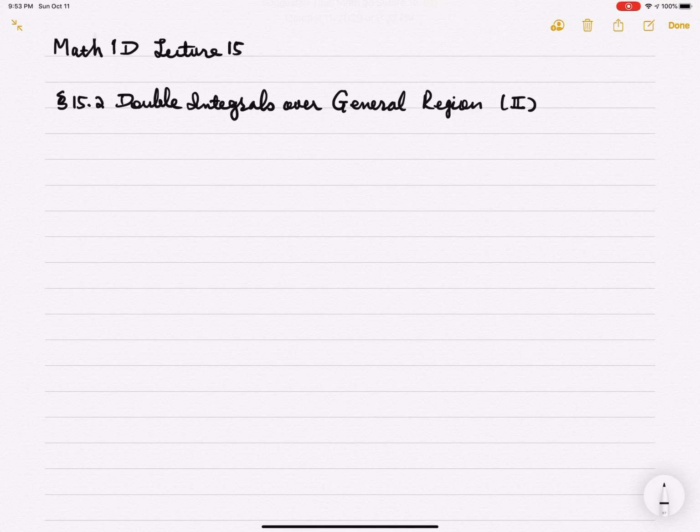Okay, so this is part of two general regions. Let's start with an example. Remember last time we talked about type 1 region and type 2 region. So now let's look at this problem. We say evaluate